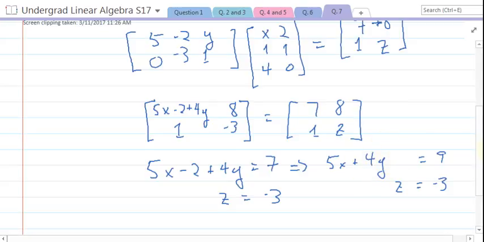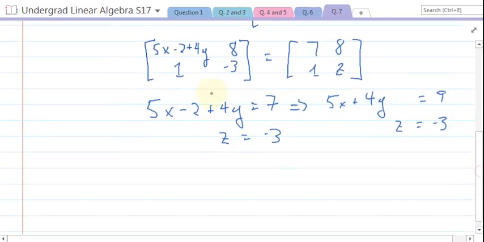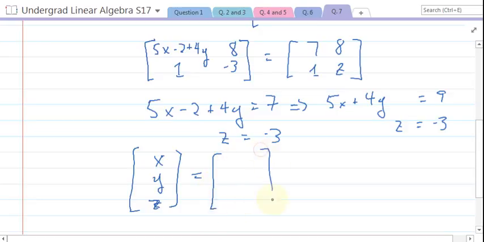Okay. So you can get your answer in terms of y. So you can write your answer like this. X, y, z equals, now I know that z is equal to minus 3, so that's set. Y is equal to what? Well, y is a free variable, so I'll set that as y. And then x, what's x equal to? Well, I need to solve this equation for x. If you solve that equation for x, you're going to get 9 minus 4y